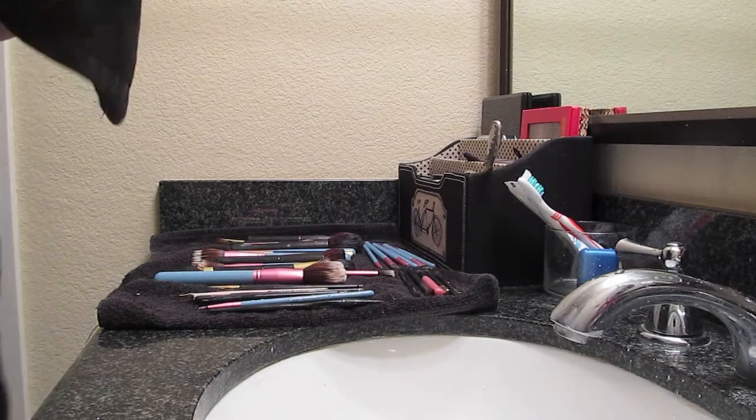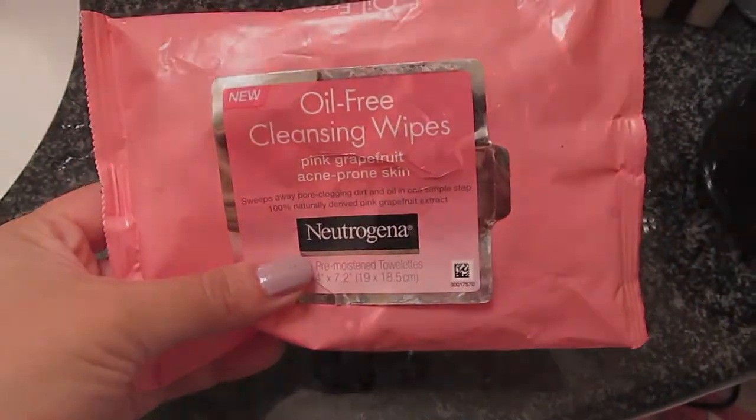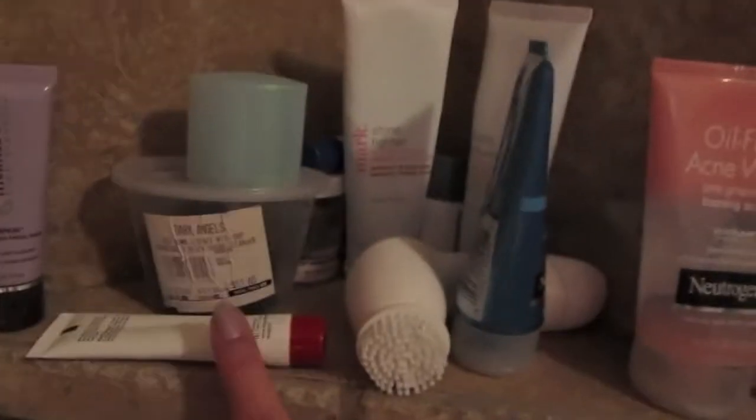So after that, it's time for a bath, and I like to brush my teeth and floss and remove my makeup with those cleansing wipes. And then I like to draw my bath. So on Sundays, I always take a bath. So I use my lavender bubble bath, and I like to use this Michael Todd face mask,